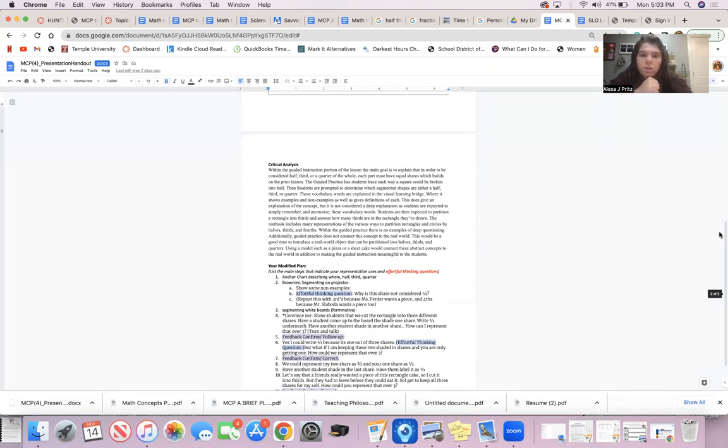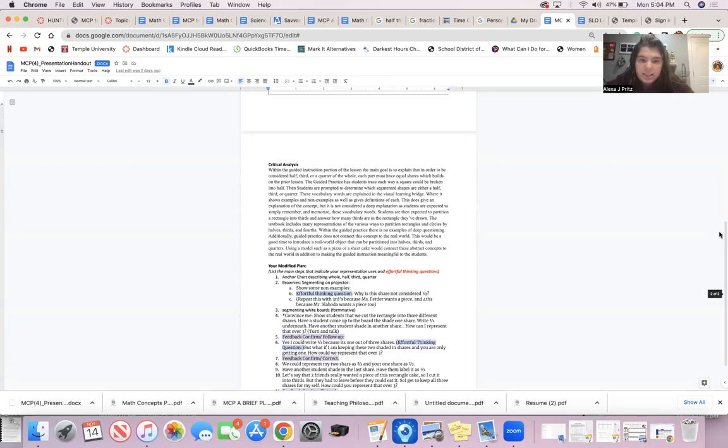These vocabulary words are explained in the visual learning bridge, where it shows examples and non-examples, as well as gives definitions of each. This does give an explanation of the concept, but is not considered a deep explanation, as students are expected to simply remember and memorize these vocabulary words. Students are then expected to partition a rectangle into thirds and answer how many thirds are in the rectangles they've drawn. The textbook includes many representations of the various ways to partition rectangles and circles by halves, thirds, and fourths